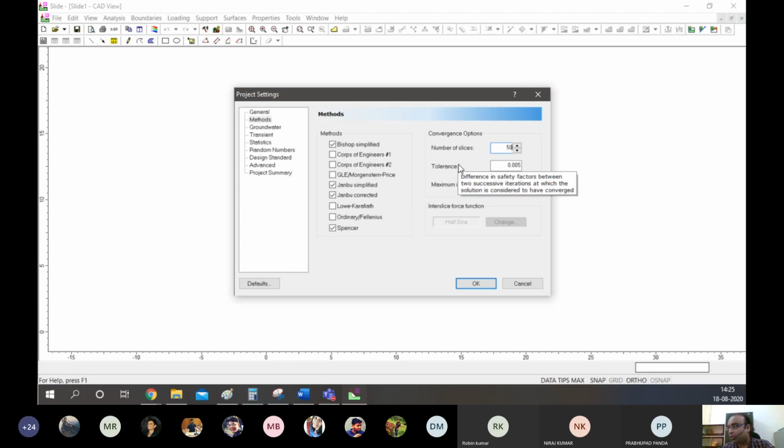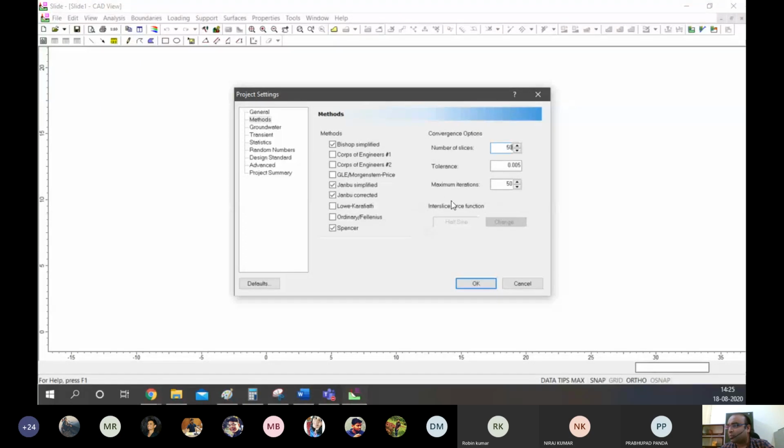So if it is given a tolerance of 0.005, that means if in consecutive iterations the change in factor of safety is less than 0.005, the software will know that, okay, it is time to stop, and no further significant change is happening after each iteration. And the maximum number of iterations is also given, right? And if we want, we can even give